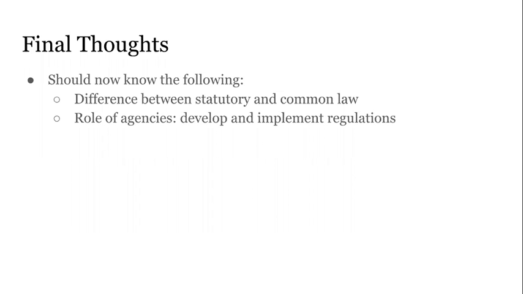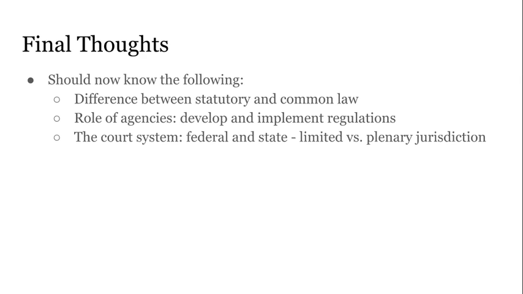The role of agencies is to develop and implement regulations. So we understand the difference between statutory and common law, and then we say the role of agencies, the executive branch, is to develop and implement regulations. And those regulations are directly related to that statutory law, usually, and that statutory law provides a delegation, either explicitly or implicitly. And then the court system, federal and state, know the difference between limited versus plenary jurisdiction, and also